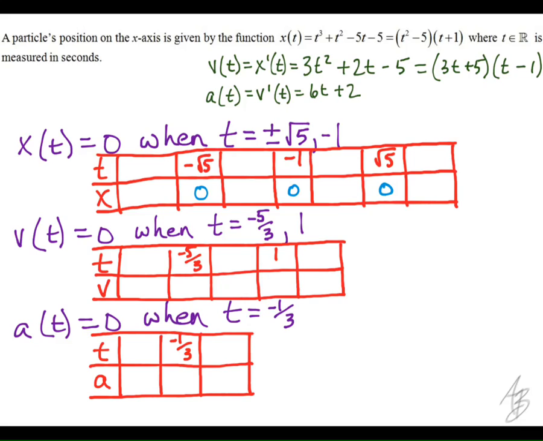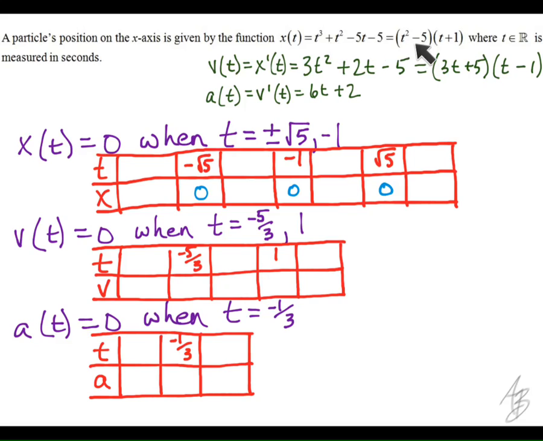And what we want to figure out is if it's going to be positive or negative in between each of those zeros. We know that it has to be one or the other. These are the only 3 zeros for the function, and we know that it can't change within the region. So we know that from negative infinity to negative square root of 5, it has to always be positive or always be negative. If we plug in a large negative number, say negative 100, into our function here,